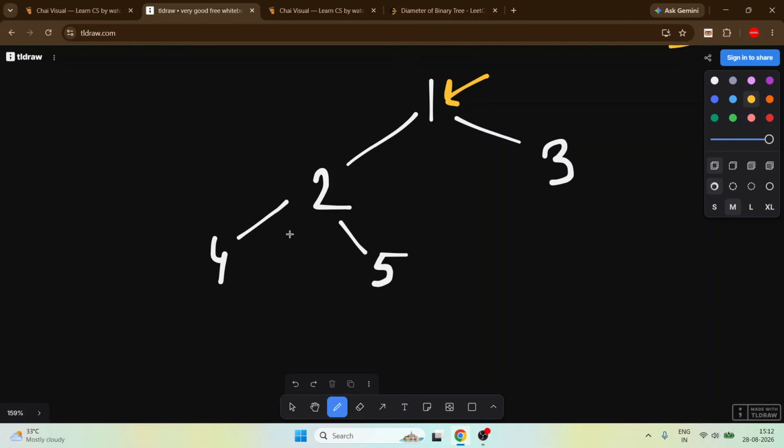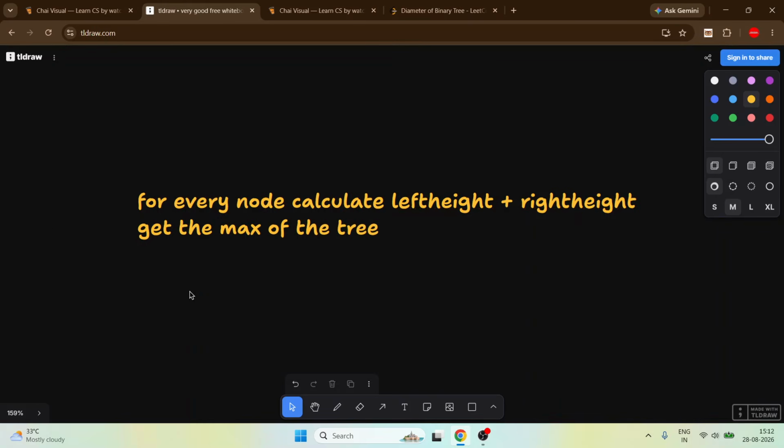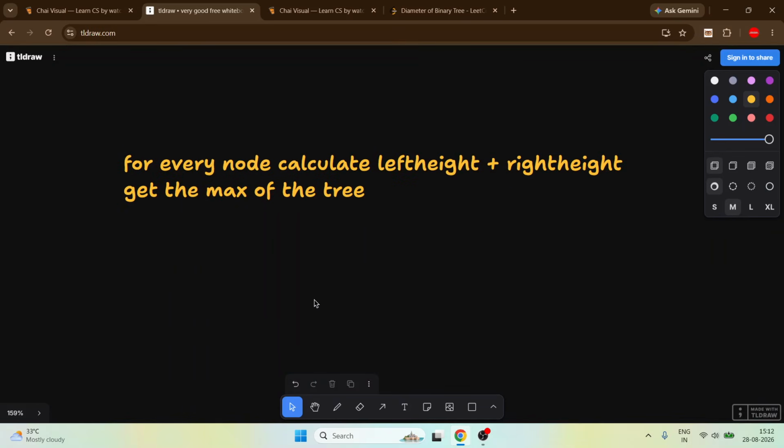So our actual approach is, for every node calculate left height plus right height, and get the maximum of the tree. Simple.